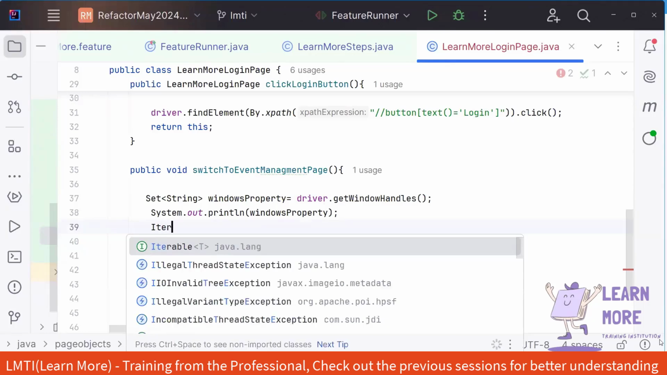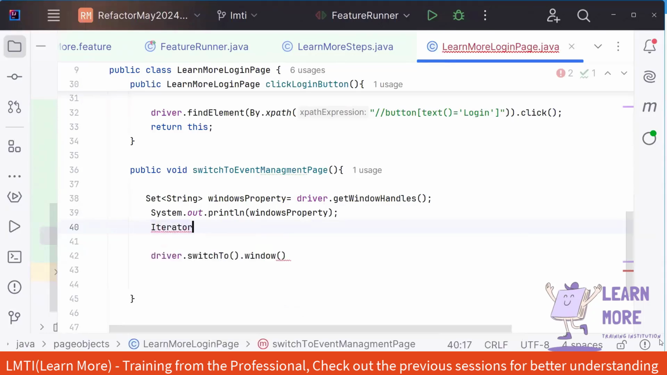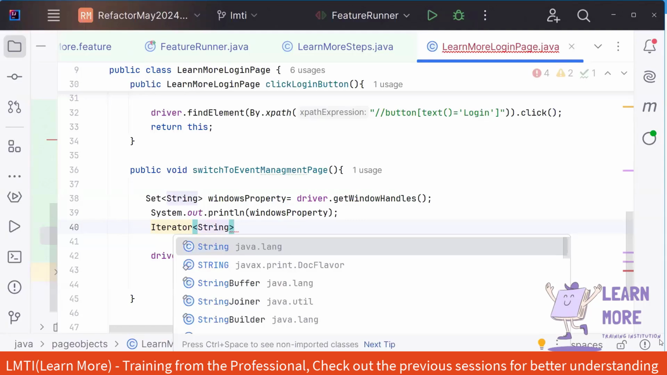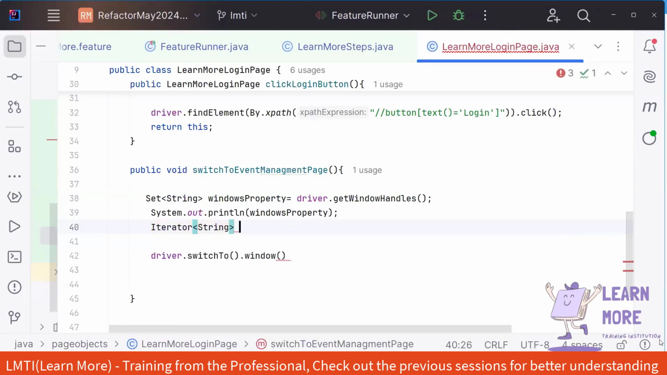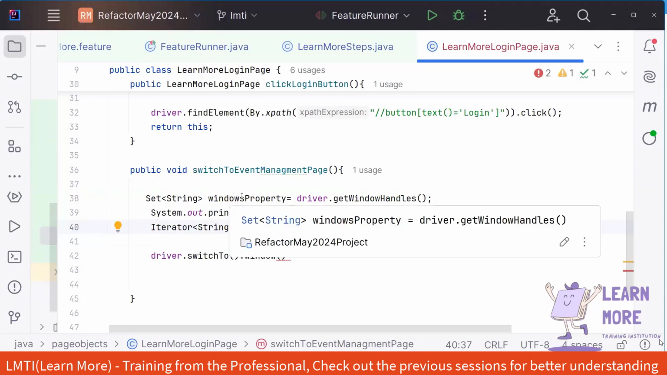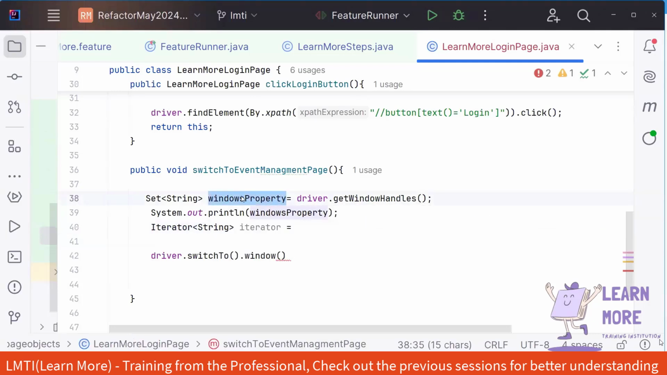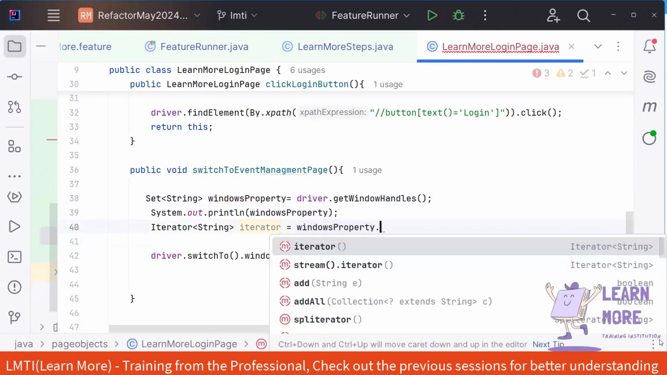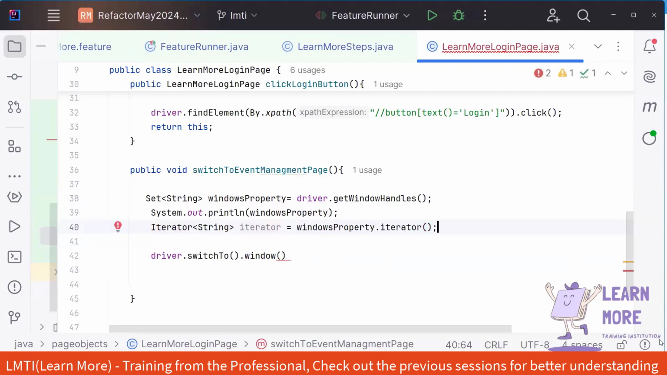While reading the set value, we will be getting the output type as string, right? So we need to specify what we are going to read. We are going to read the string value. So Iterator of String, and I'm giving the variable name iterator is equal to, and we are going to use this iterator on the set. What is the variable name of the set? It's windowsProperty, and if I say windowsProperty.iterator(),